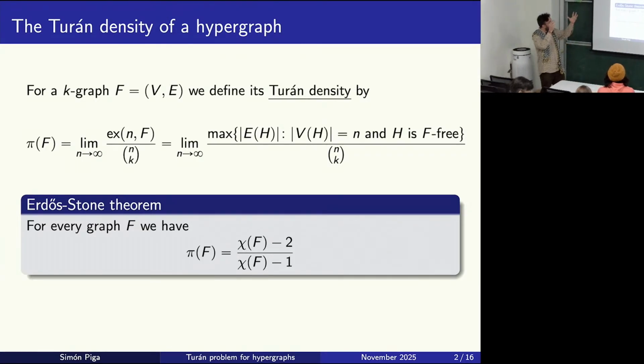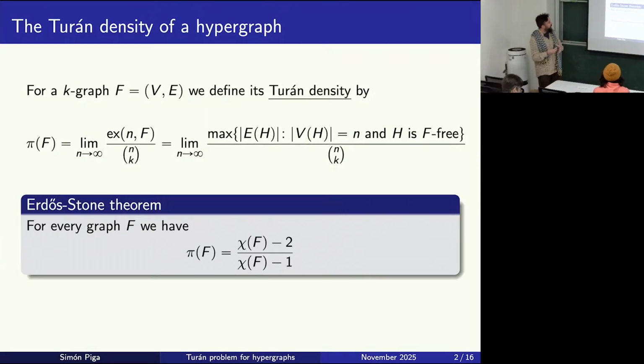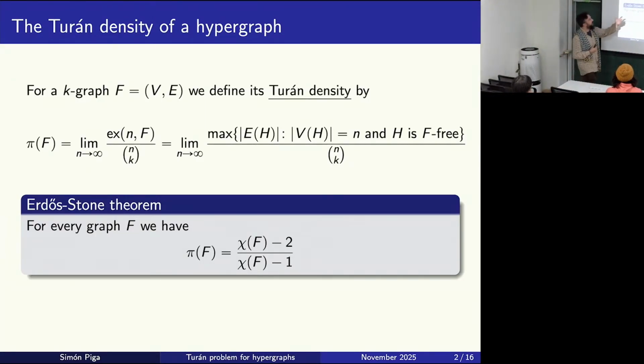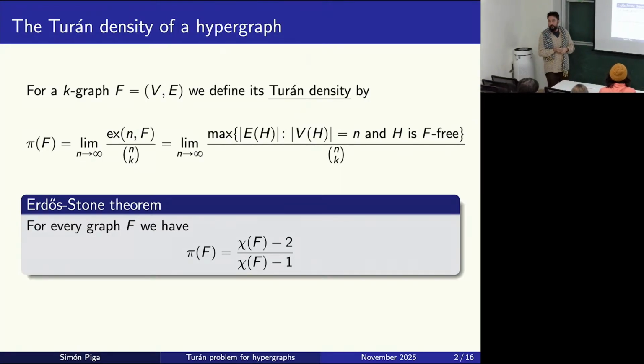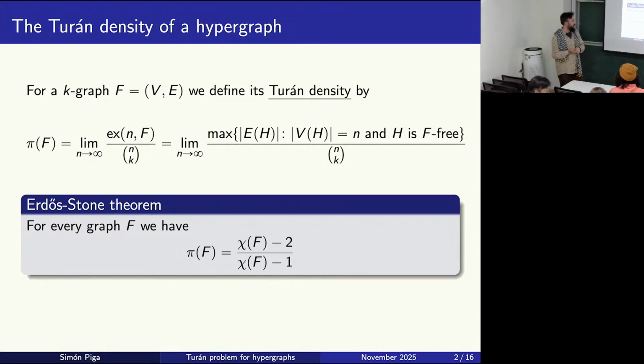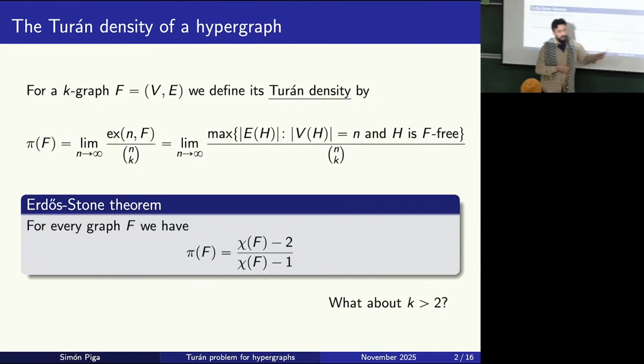This is one of the big achievements of combinatorics, being able to determine this parameter for all graphs. There are many other results about the Turán densities and even the extremal numbers, so we know stability, and there are only a few open questions in Turán problems for graphs. But what about for hypergraphs? So